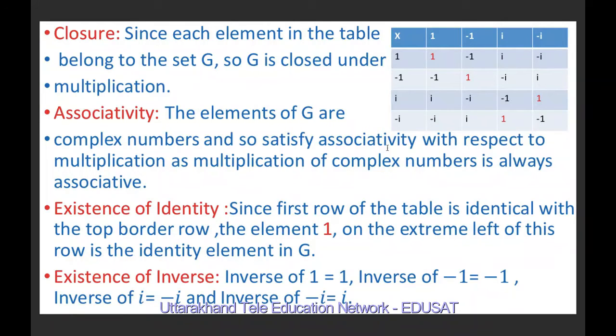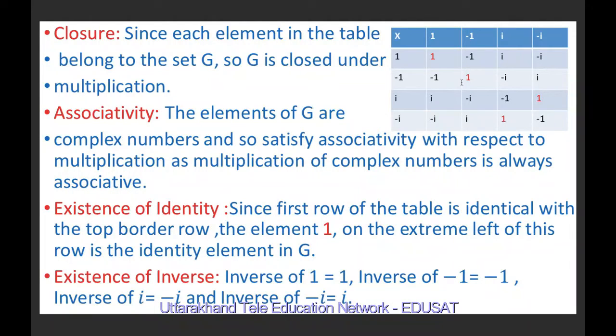After locating the identity element, we mark the element in each row. In first row, the identity element 1 is in the first column. In second row, it is in the second column. In third row, it is in the last column. In the fourth row, it is in the third column. I have marked these identity elements by 1. To find the inverse of 1, we see that the element above 1 in the top border row is 1 and in the left border row is 1. So inverse of 1 is 1.